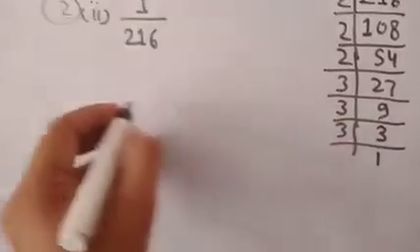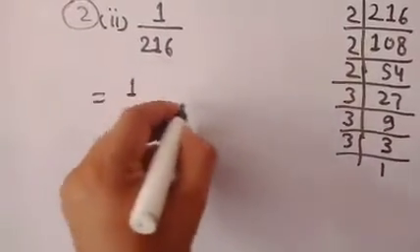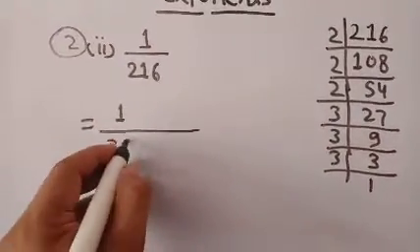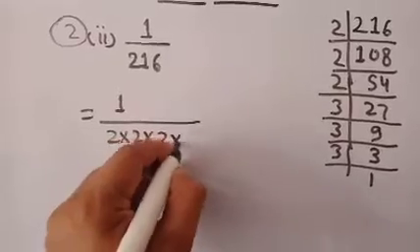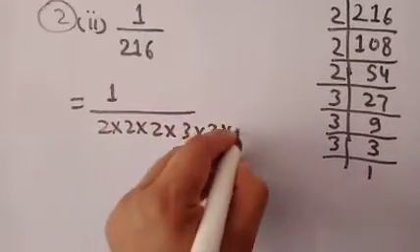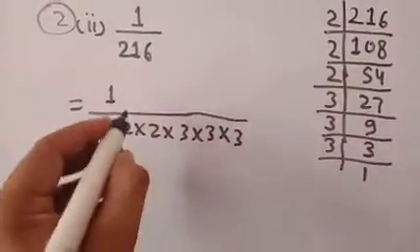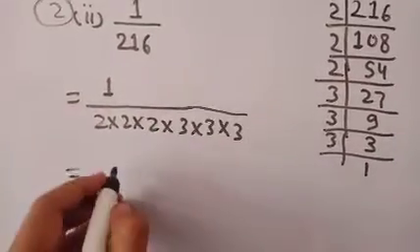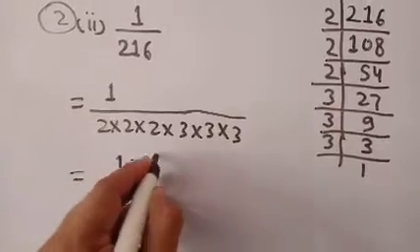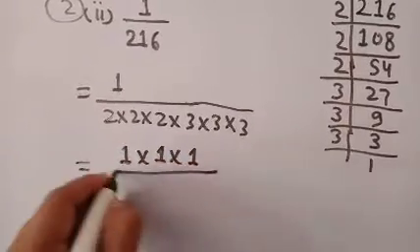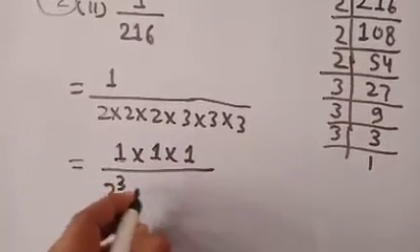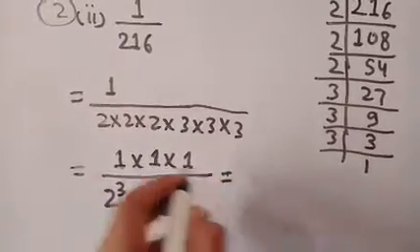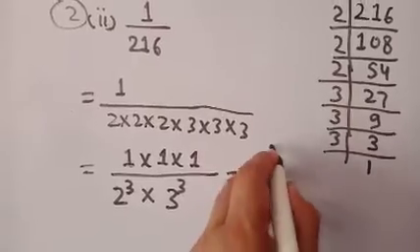Then you can note down 1 upon all the factors of 216, which are 2 into 2 into 2 into 3 into 3 into 3. So the maximum repetition of each individual number is 3. So 1 into 1 into 1 upon 2 raised to the power 3 multiplied by 3 raised to the power 3. 1 raised to the power 3